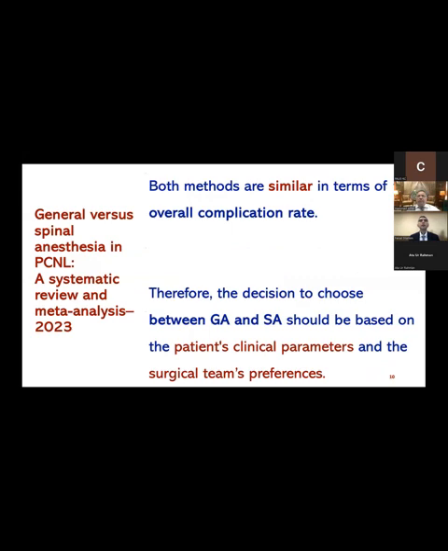So what they conclude is that both methods are similar in terms of the overall complication rate. Therefore, the decision to choose between general anesthesia and spinal anesthesia should be based on the patient's clinical parameters and the surgical team's preference. Because it's always a difficult task for the patient to remain prone, awake, for a longer